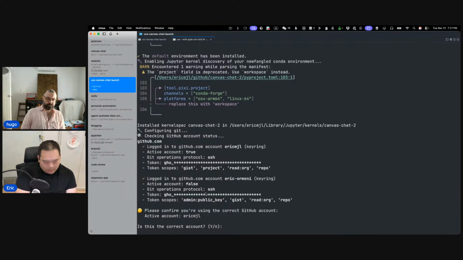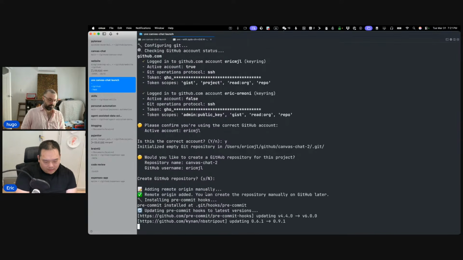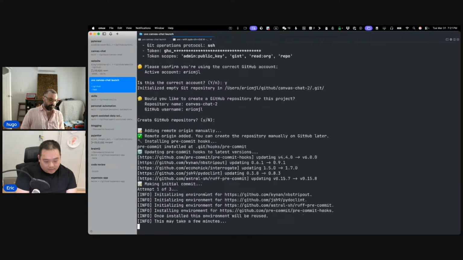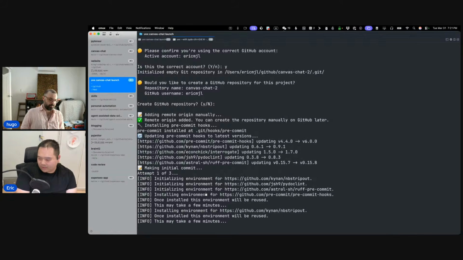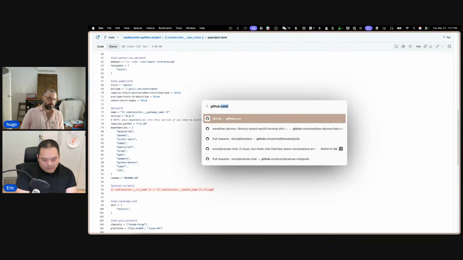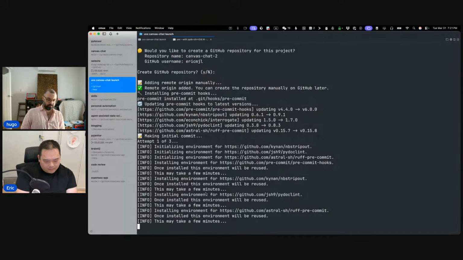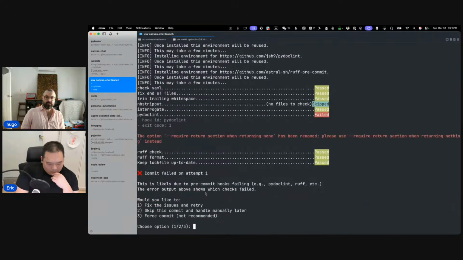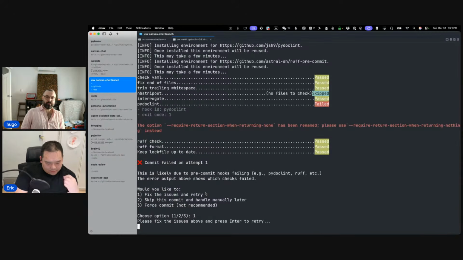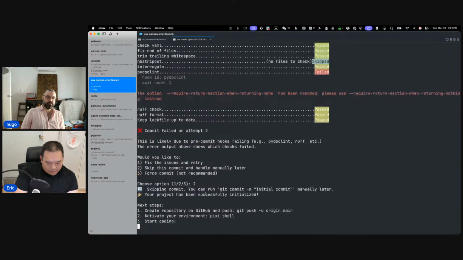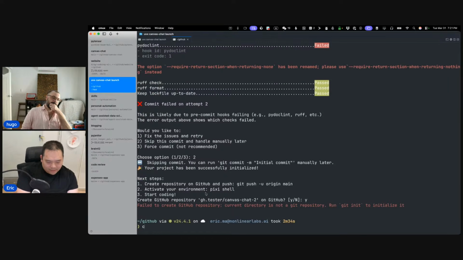So once it's done, I'm going to do this. There we go. It's going to continue doing things. It's going to ask me, do I want to create the GitHub repo? Let's just double check. Canvas chat 2. Not there yet. It'll come in a moment. Fix the issues and retry, and skip and manually handle later. And yes, create it. And oh, shucks. Okay, that's not a problem. So we'll do,